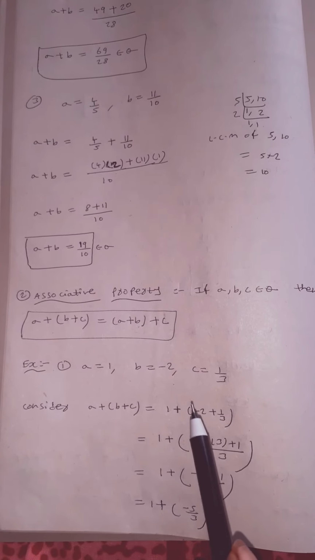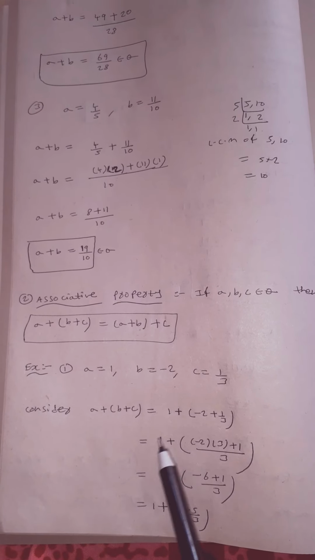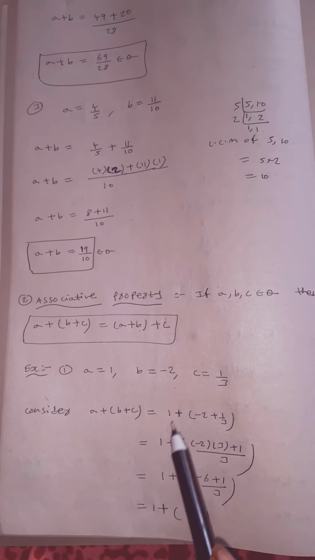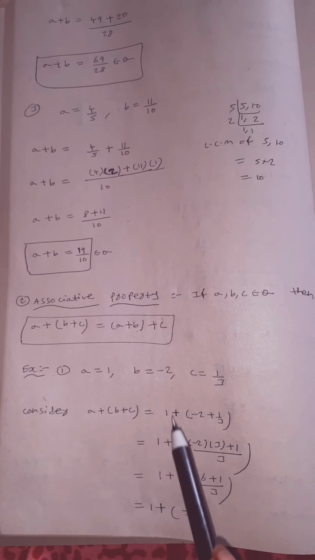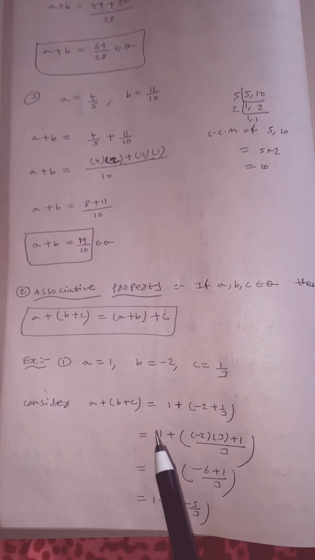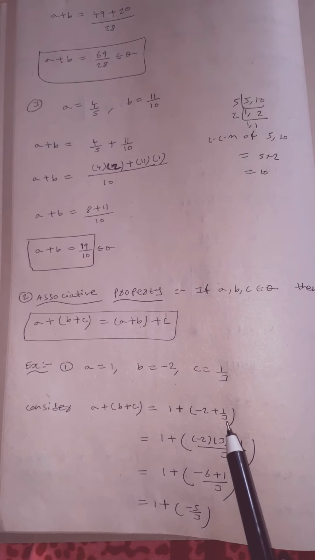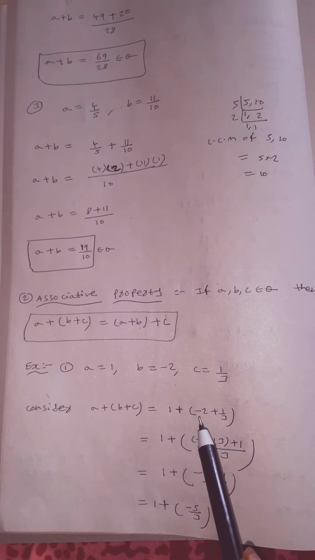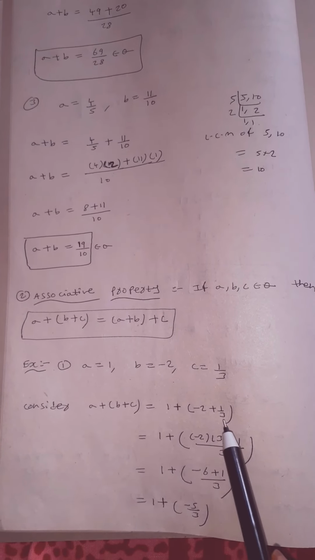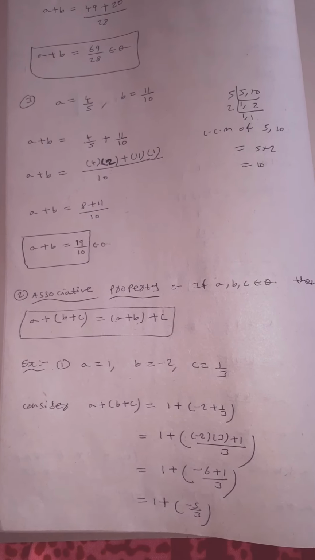So here you should not disturb this bracket 1. Here you should not disturb this starting value. First you should simplify the bracket value, then after you should go for the before value. So write 1 as it is plus, so here minus 2 into 3, children. Why? Because here the denominator, nothing is there. So write this 3 here plus write this 1 as it is by 3. Why? Because the LCM is 3.